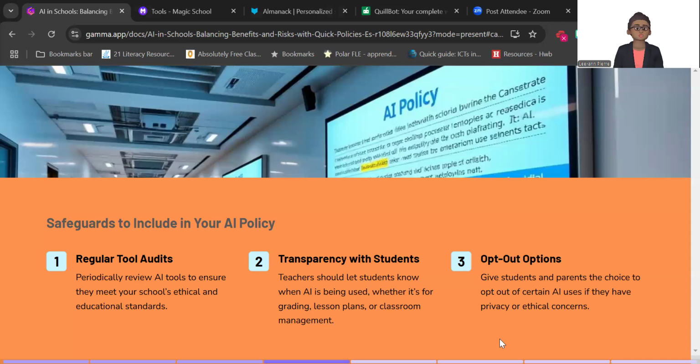And the reality is, like any technology that can be used for good, there are persons out there who may use it incorrectly. And so it is very important that we give students and parents the choice to opt out of certain AI uses if they have genuine privacy or ethical concerns. And I think this would help us as an institution to move forward in a way where trust isn't lost. We want to continue to promote a transparent and ethical AI environment that supports learning without compromising trust.